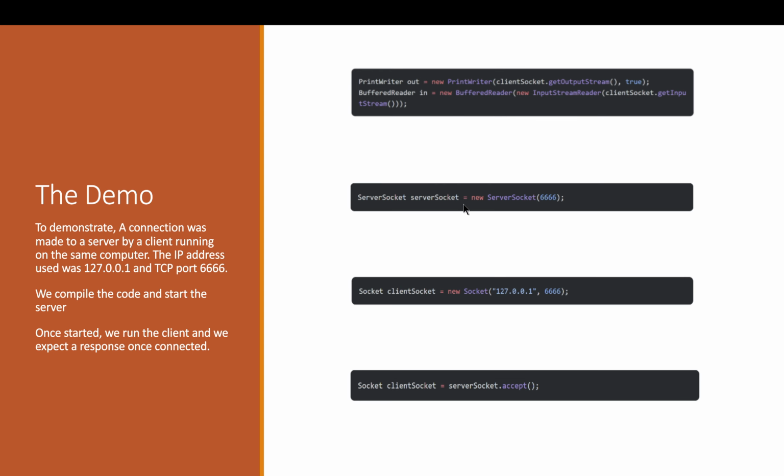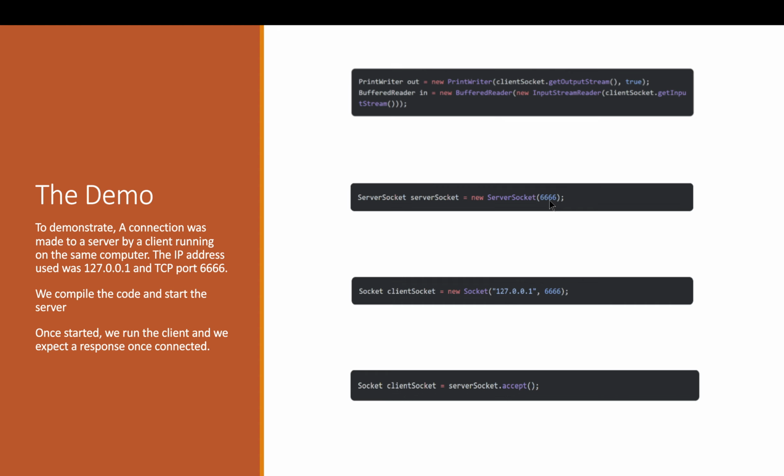Here you can see that a socket is just one endpoint of a connection. So you can see that we're establishing a new server socket at port 6666. The client socket will also establish a new socket, and it'll match somewhat. This is going to be on port 6666, and this just has to specify which IP address. So then we can see here the client socket, once it detects the connection, it's going to accept it. Now, once we start that, we can get some